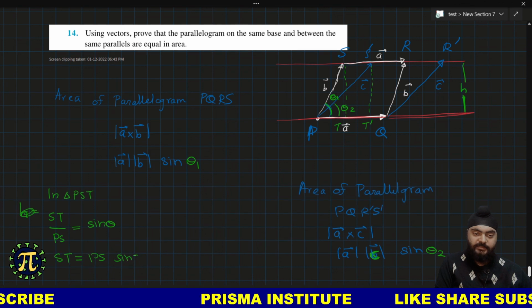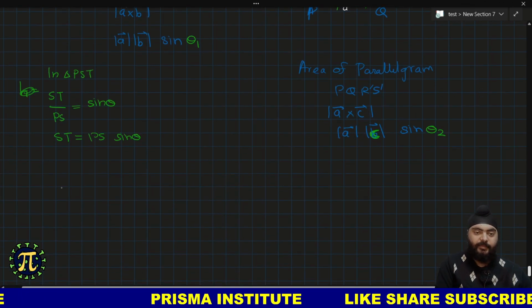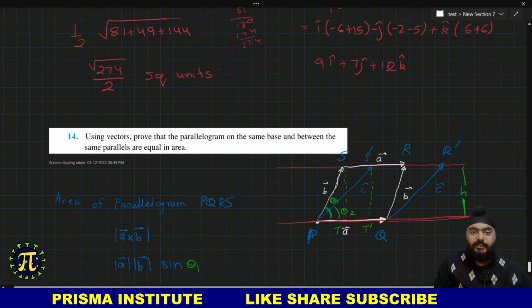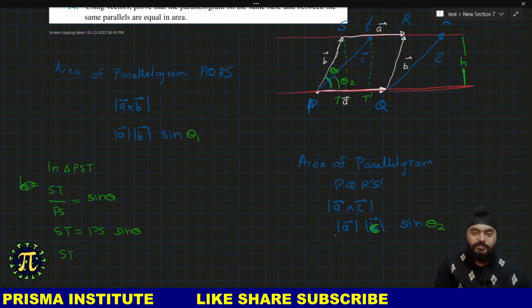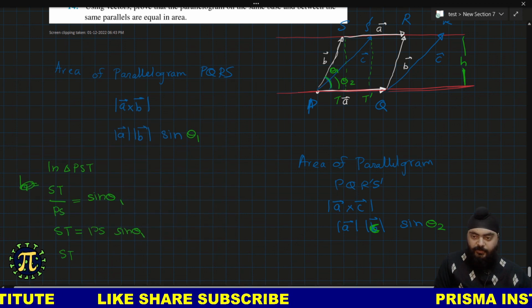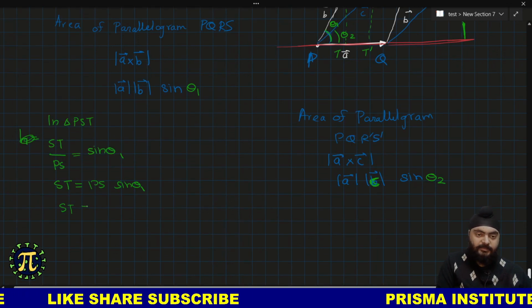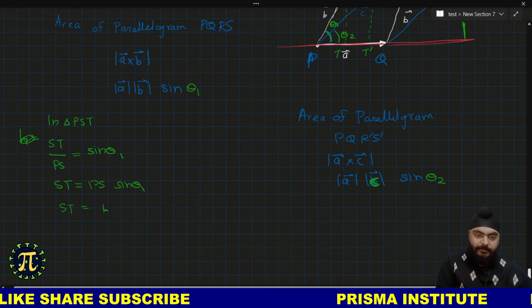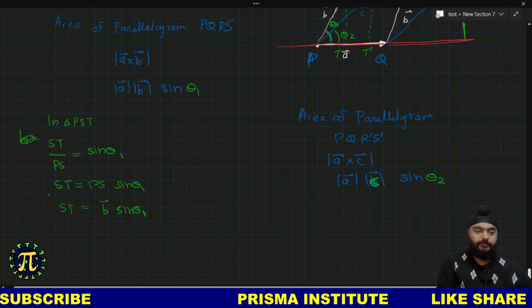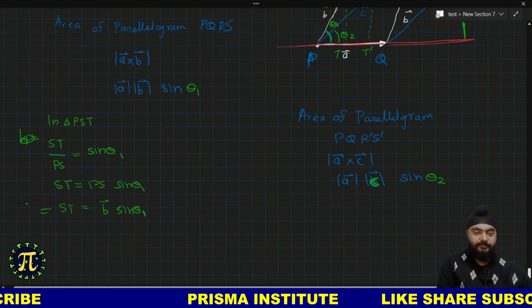But what is PS? PS is the magnitude of B vector, right, so sin of theta 1 या theta 2, so this is theta 1, and now we can find SG is B vector into sin theta 1, okay, and this is the height, right, H,